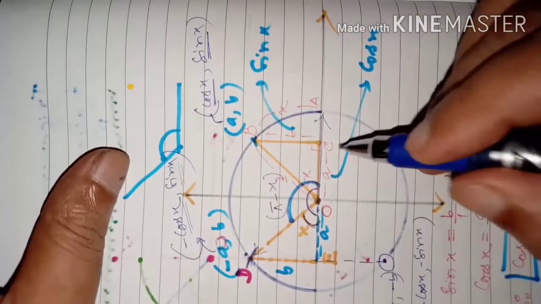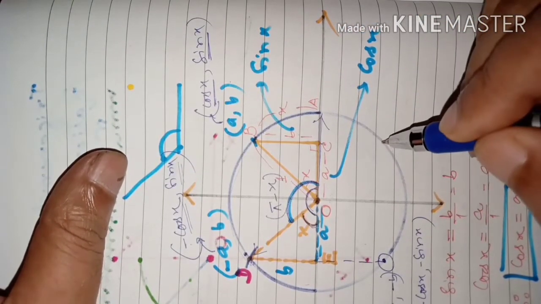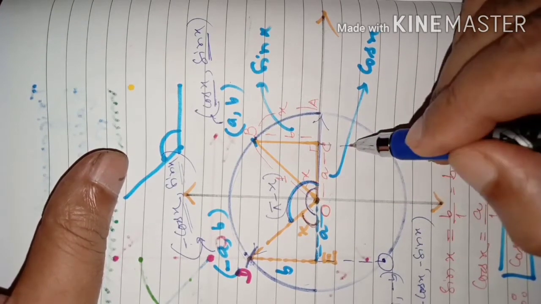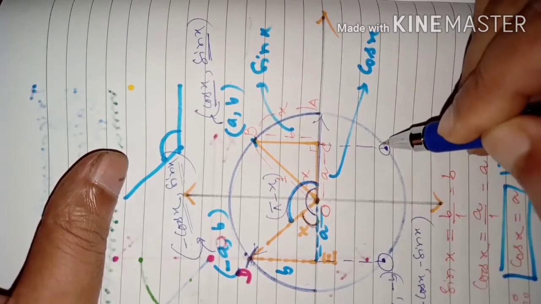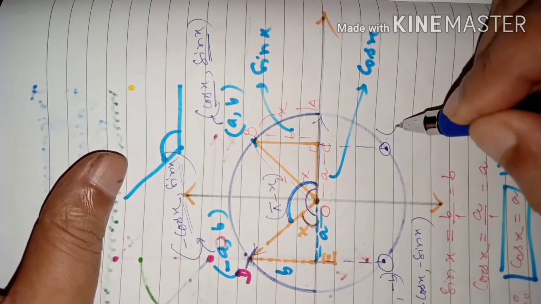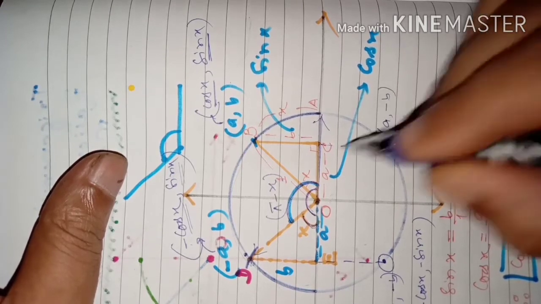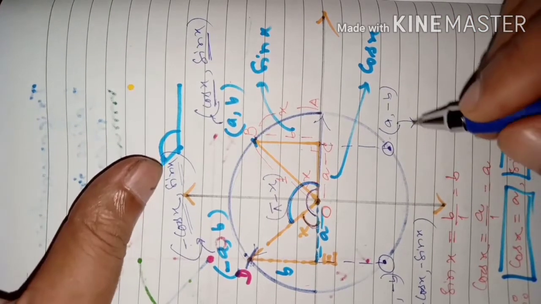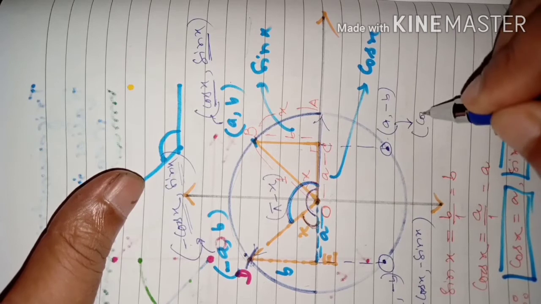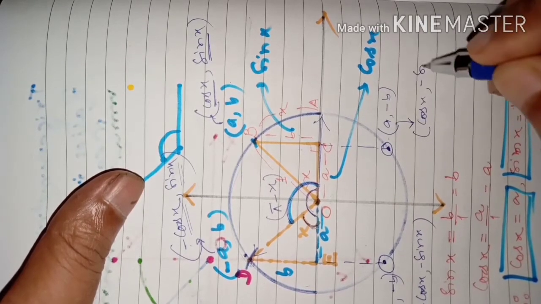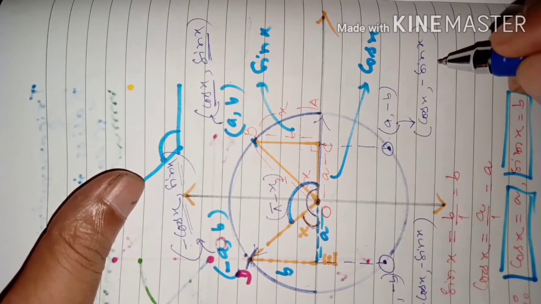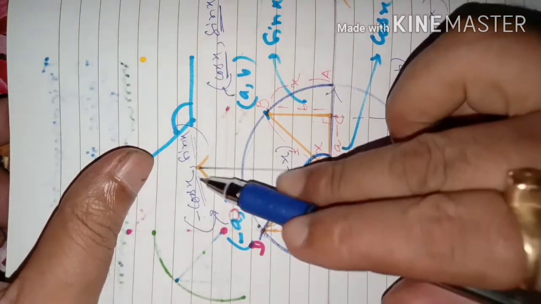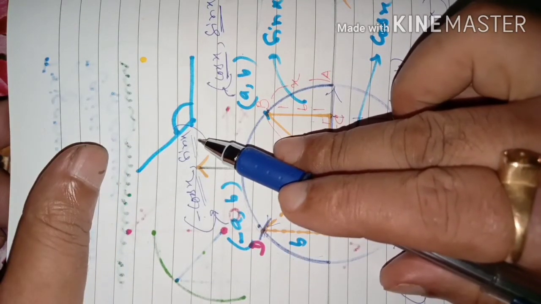If a point is here, suppose we have come a unit length this way and b unit length this way. The point is here. For this point, the coordinate will be a comma minus b, because this is negative b, the opposite of this b. So its coordinate in trigonometric ratios will be cos x comma minus sin x. So the sign will change that way. So all the points on this unit circle can have their coordinates written in terms of cos x and sin x. Got the idea, students?